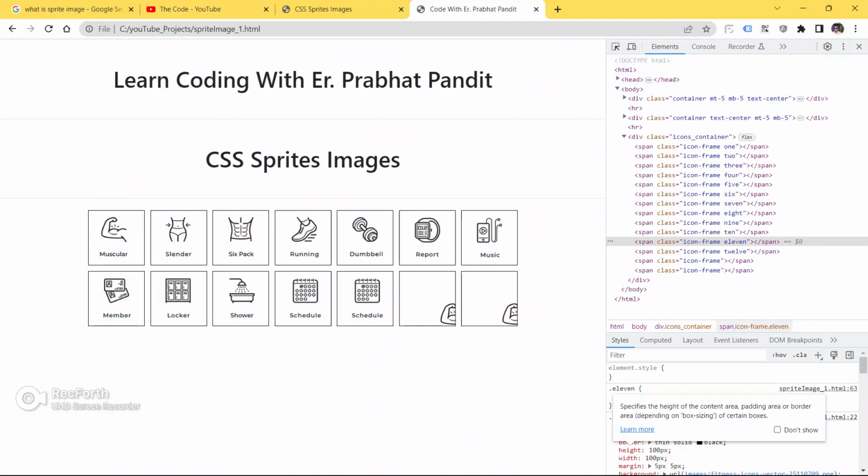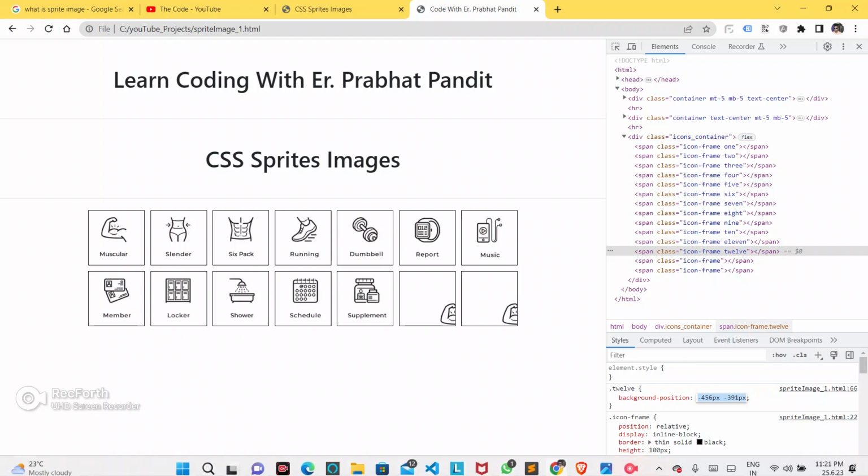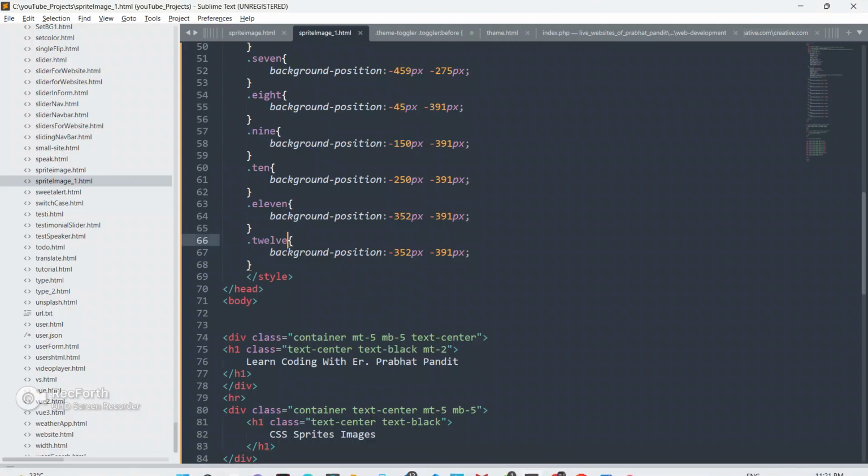What is the next image, guys? After schedule, it's supplement. We got our supplement here also, guys. See, boom, we got our supplement here also.